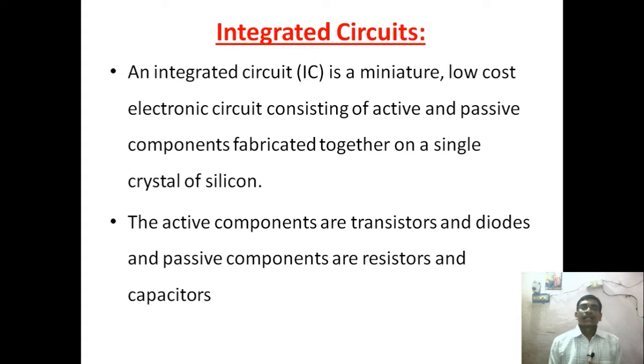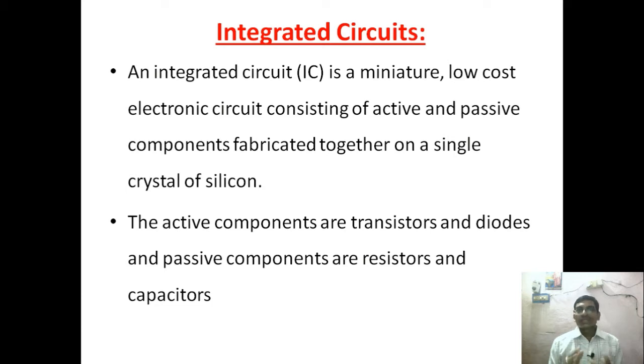And these passive components can be built inside the integrated circuit. We are not going to fabricate inductors inside the ICs because it will be costlier and the inductor size is bulky. That's why only the passive components, resistors and capacitors, are built inside the integrated circuits.